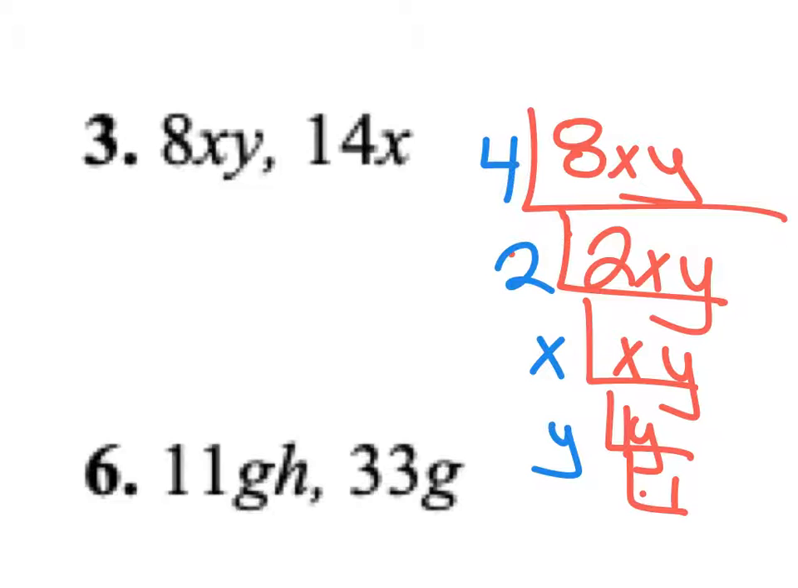Now I'm going to do my factors for 14x. So I'm going to put 14x in my house, and I can take out 7. I'm going to start with that. So 14 divided by 7 is